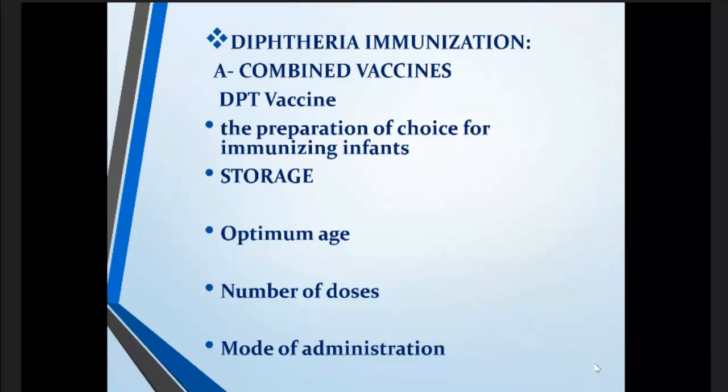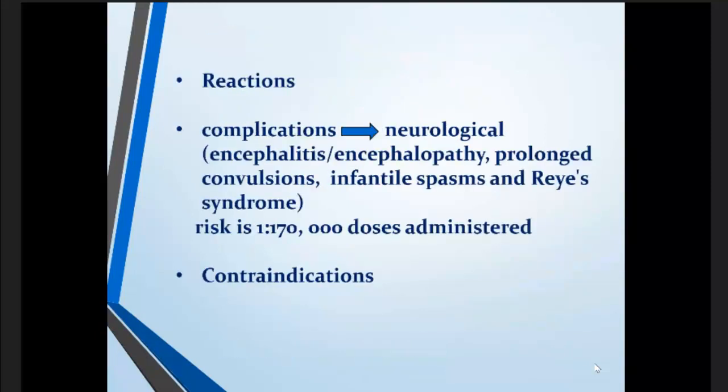Diphtheria immunization, we have the combined vaccine that we have in our country. It is given to all children, which is the DPT vaccine. It should be stored at 4 to 8 degrees centigrade. Regarding age, doses, mode of transmission,